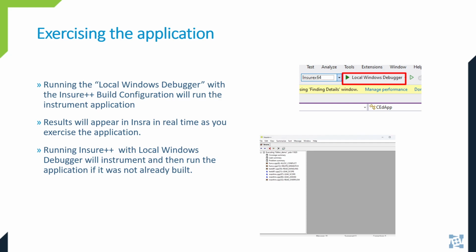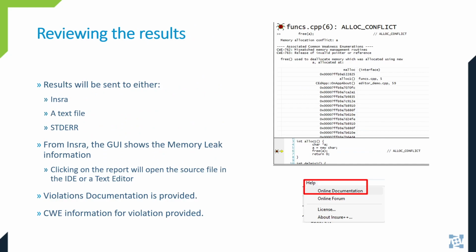As you're exercising your application, it'll show up with any of the memory violations there and provide the information in that window. And as you're reviewing the results, it'll actually show you the stack trace, the memory blocks that were being used. It'll show you the line of code where it's at. This is all by default showing in the Insure window. You can have the output sent in a text file or even on the command line if you want it